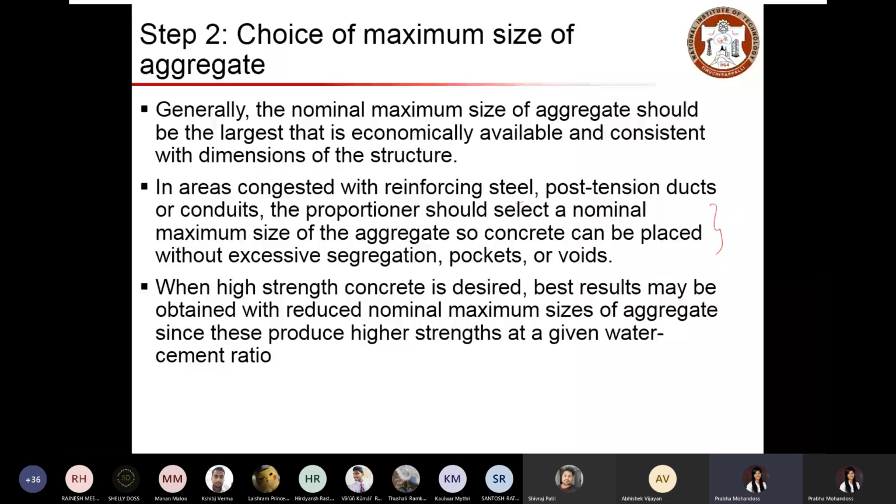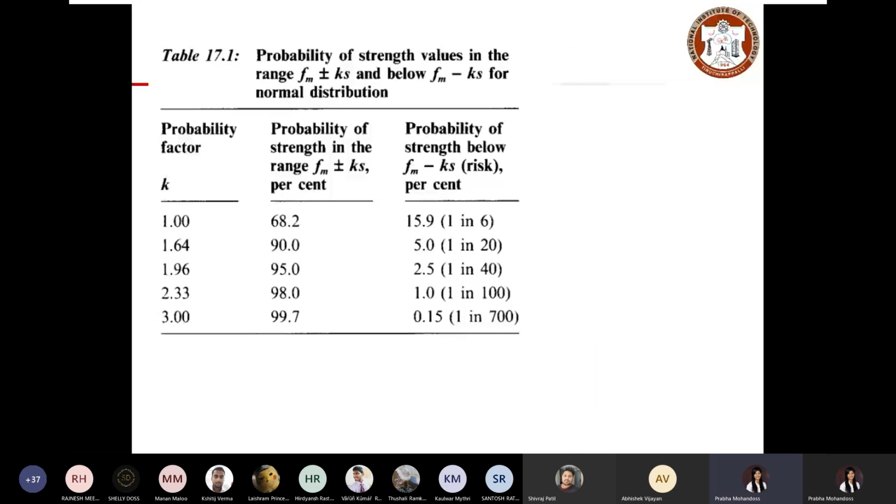You might remember that in the IS method we looked at target strength. Similarly here we look at average strength. So if the values are given, typically here in this case, the standard deviations will be given based on the laboratory conditions or test results. If not, you can choose the standard deviation depending on your conditions. So ACI has specified the